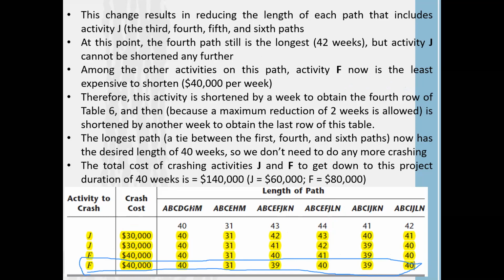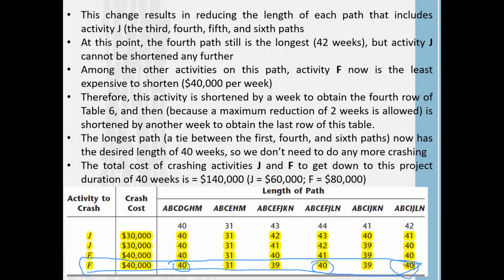What is the time period? If you are going along with this path, you can complete the project in 40 weeks. If you are going along with another path, it ends up with 31. This path takes 39. Our initially identified critical path now finishes in 40 weeks. So those are 40 and 39. Which is the longest path? Now you have 3 longest paths.